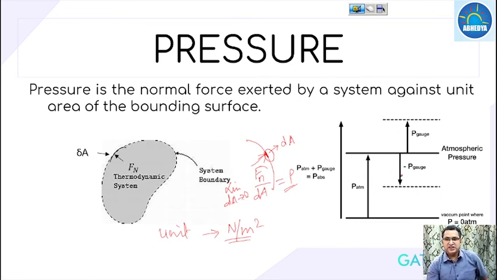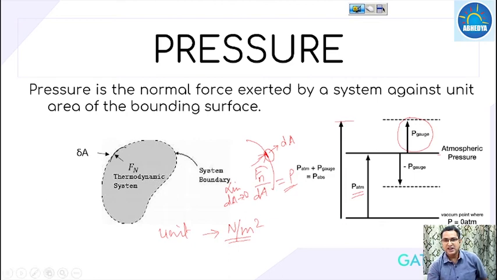Now what is the pressure? We consider a reference pressure. Suppose this is our reference line, and we assume that the pressure at this reference line is equal to 0. And this is the line where it is the atmospheric pressure. So the distance between these two is the atmospheric pressure. We always measure the pressure with the help of a gauge, so if the gauge pressure is positive, then atmospheric pressure plus gauge pressure will give you the absolute pressure.